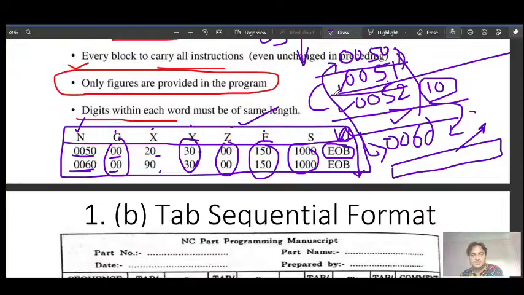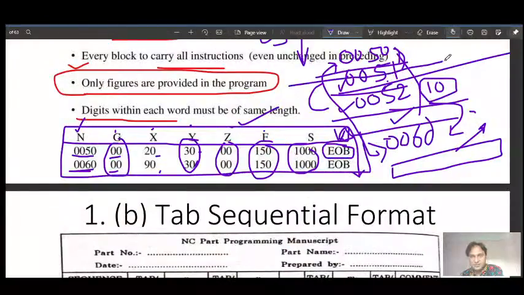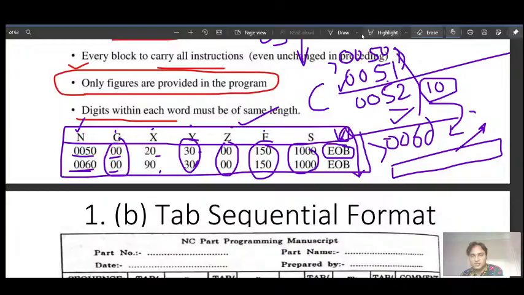That means you cannot enter it, and when you cannot enter, you have to remove these two blocks of instruction, and then replace them with 0051, 0052 and 0053.